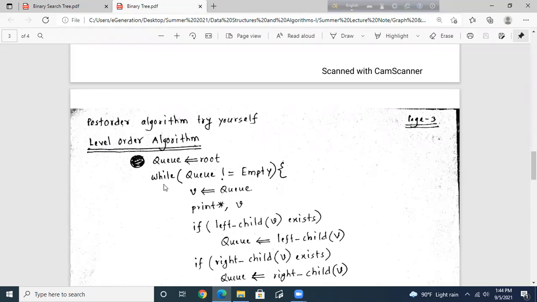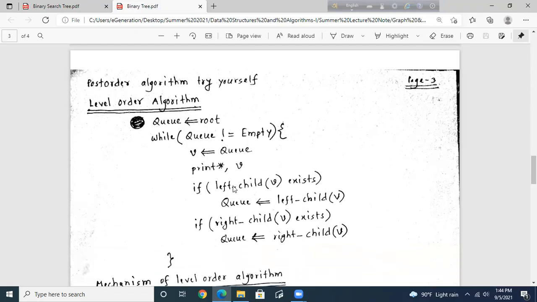ওখানেও এই লাইন ছিল হোয়াইল কিউ নট এমটি, এখানেও আছে হোয়াইল কিউ নট এমটি। তারপর ওখানে আমরা কিউ থেকে একটাকে বের করছিলাম, এখানেও কিউ থেকে ভি কে বের করছি। ভি কে বের করে প্রিন্ট করছি।